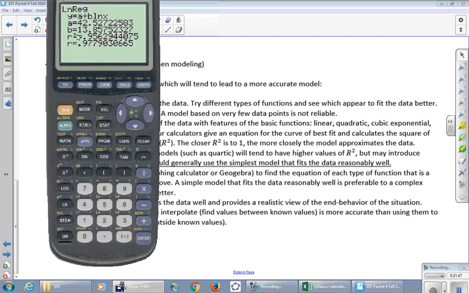So by turning diagnostic on, I've told the calculator I want this thing called R. R is just a measure of how well the data fit the model. If the data perfectly fit the model and it's increasing, R is equal to, anybody remember the magic number? It's 1. Yeah, if it's a perfect linear fit, everything is ideal, R equals 1. If it's a perfect linear fit, but downhill, what was R? It was -1. And every other R that isn't perfect is going to be something between those two perfect extremes,